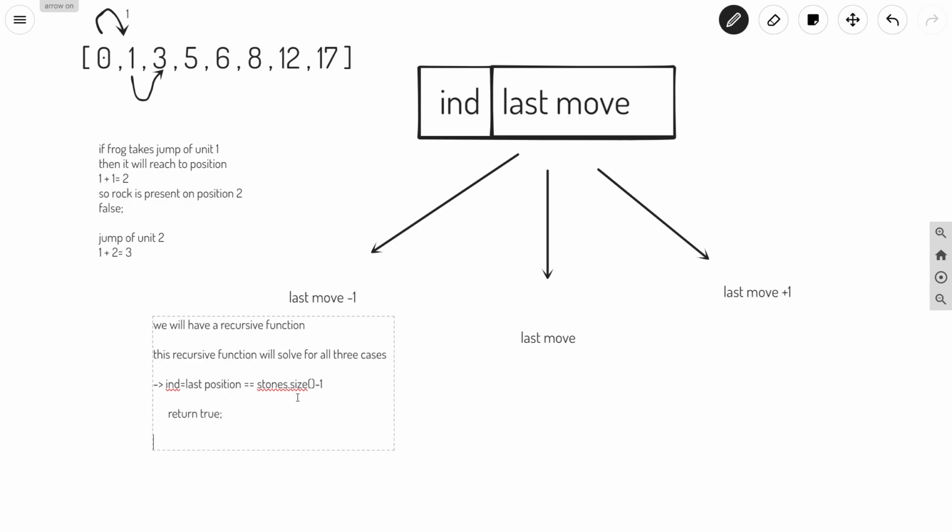Otherwise, if it is not able to jump onto it, we will return false.